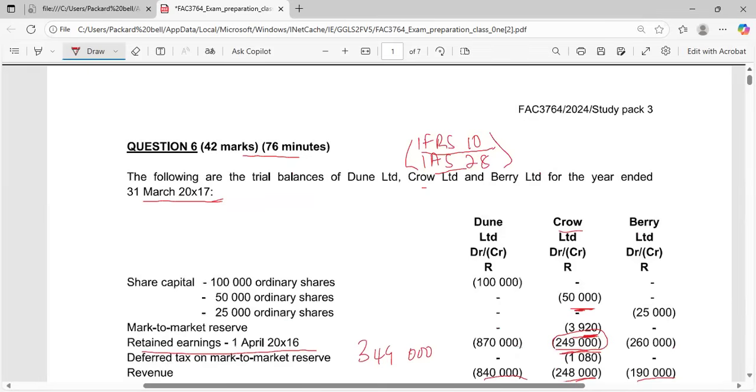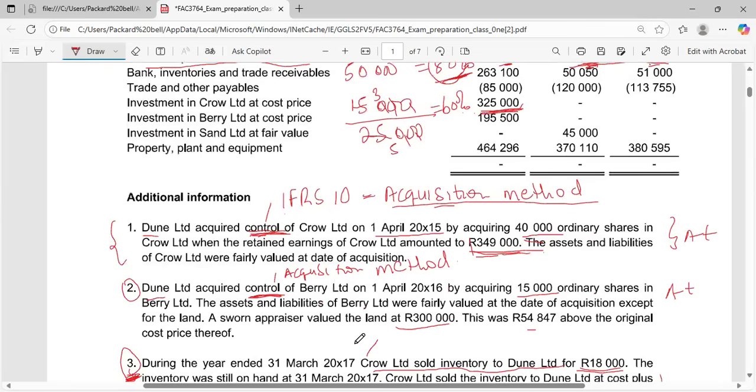June Limited acquired control on 1 April 2016. Do you see the year? It's 1 April 2016, and our consolidation is 31 March